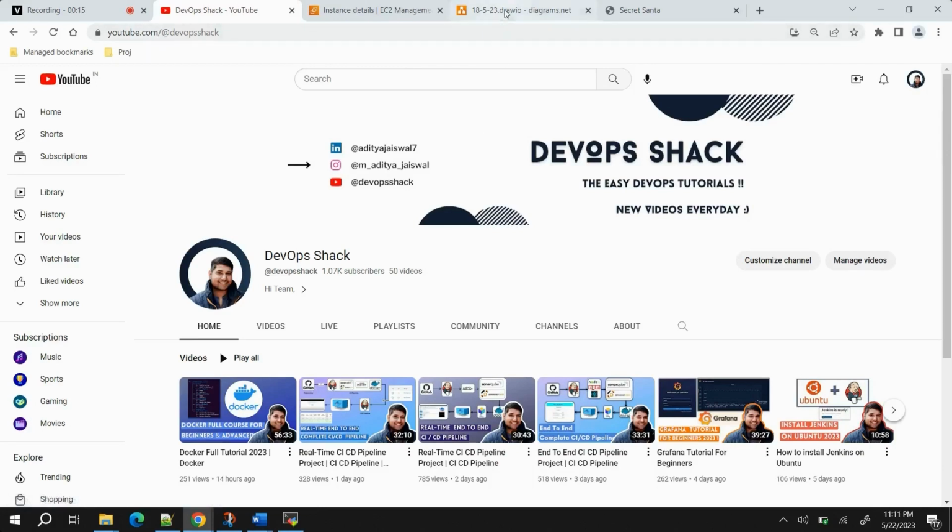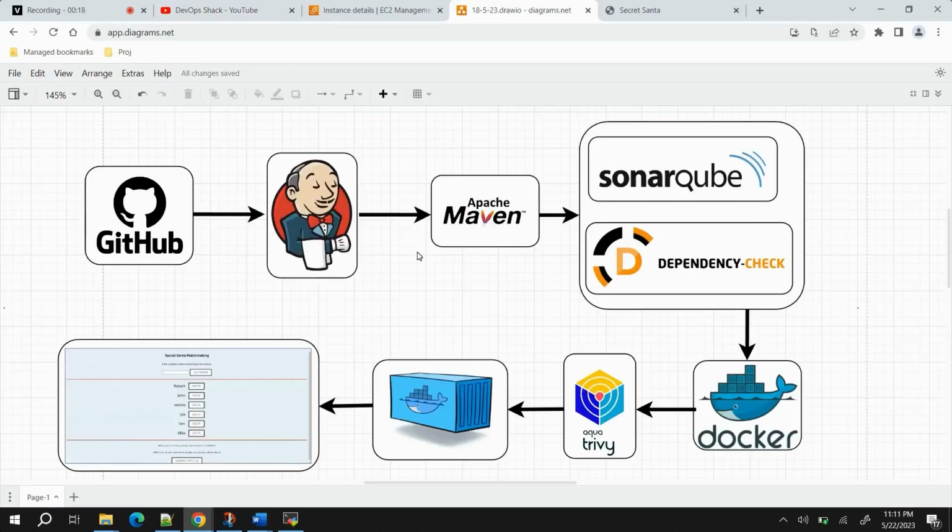Okay, now coming to today's topic. Today we are going to build and deploy a basic Java based application, which will have a backend, frontend as well as a database, an H2 database. The flow of the pipeline will be, first we will keep our source code in